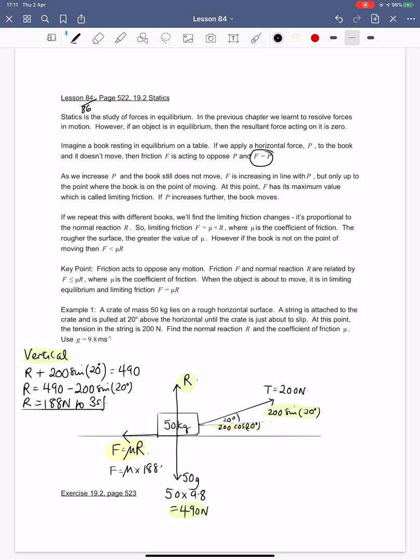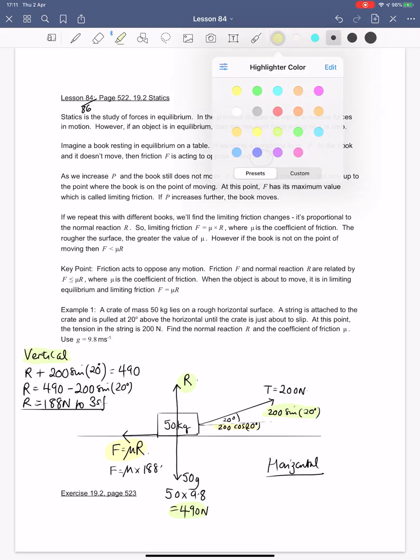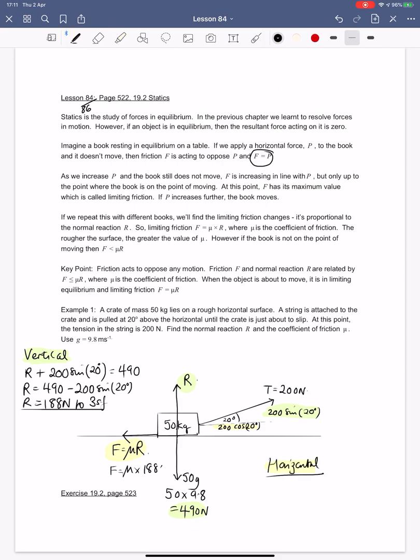So now if we do the horizontal ones, I'll do it in this bottom corner here, just because that's where the space is. And these are going to be the yellow ones. We've got 200 cos 20 degrees minus mu times 188 equals 0, because the forces to the left equal the forces to the right. So mu is 200 cos 20 degrees